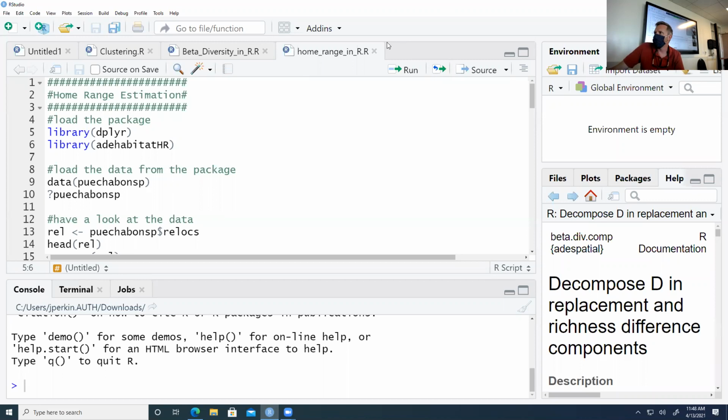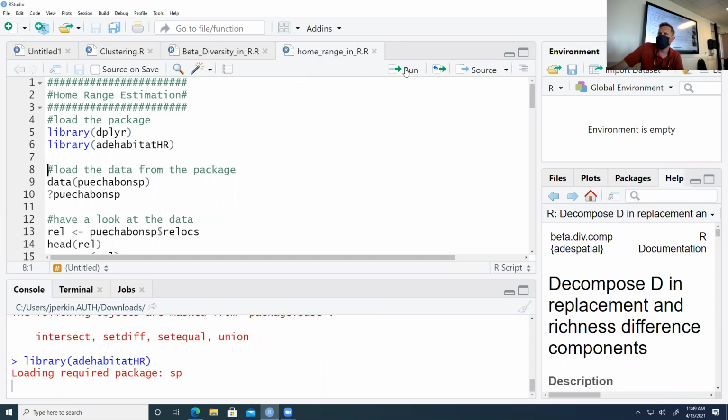Hang on, question in the chat. Oh, thanks, Alex, for sharing that. Okay, so let's call a library for dplyr. We'll do the same for